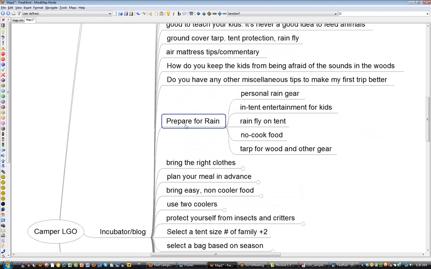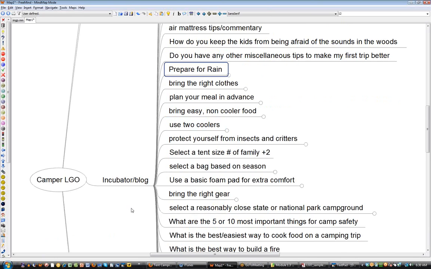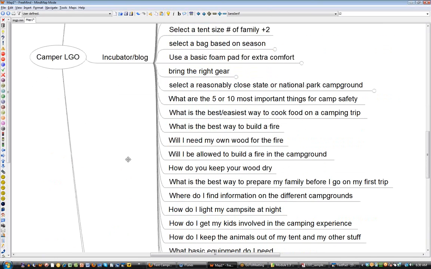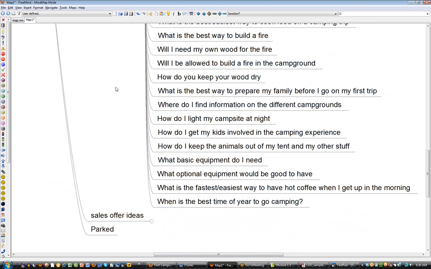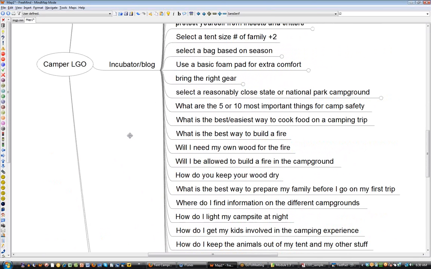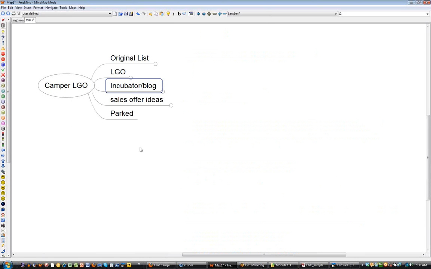really is kind of in the wrong place right now, because we went a little deeper on what were some of the things we could do for rain, and some of these ended up in the LGO. So it's a little bit of evidence of the brainstorming that we did. As you can see, we have plenty of great content now for our blog and for our email follow-up series. We will not be wanting for topics for a long time to build out this niche